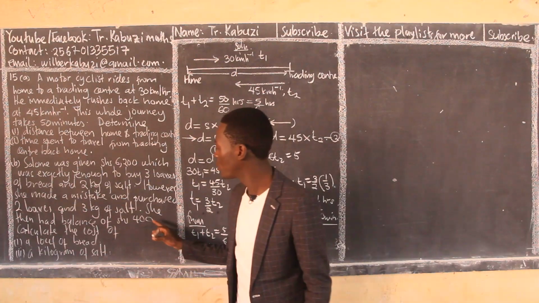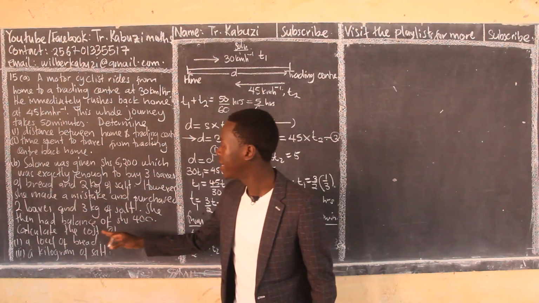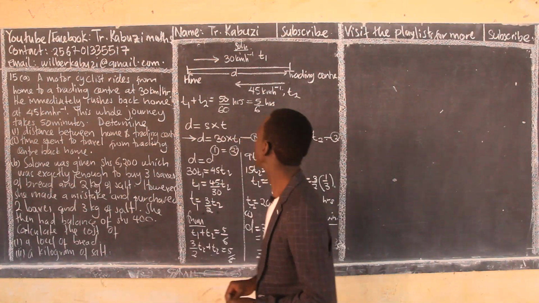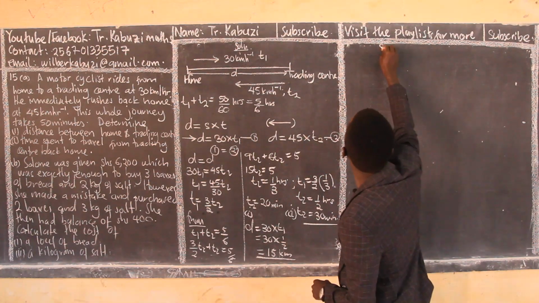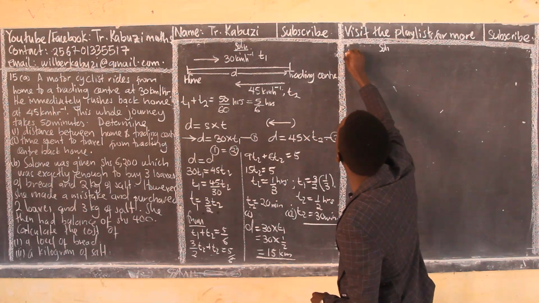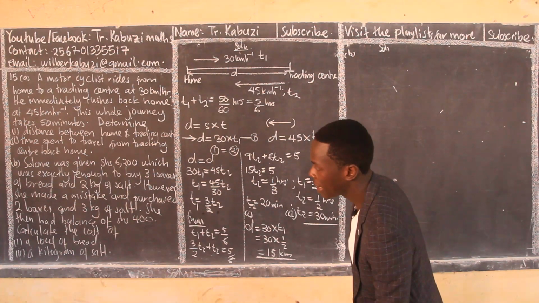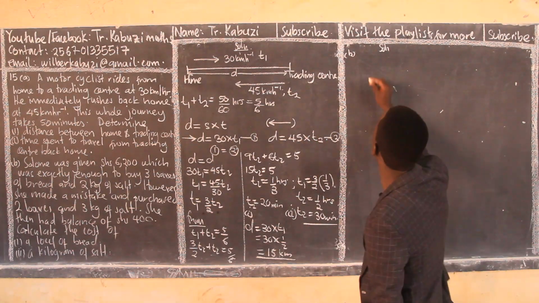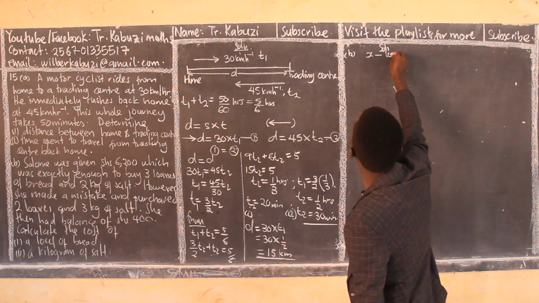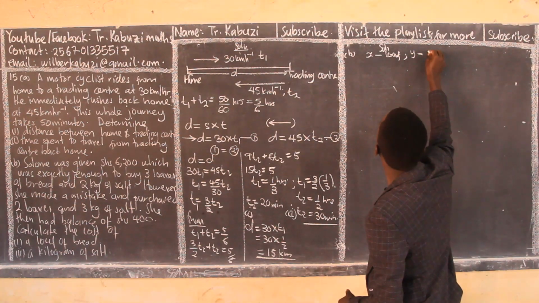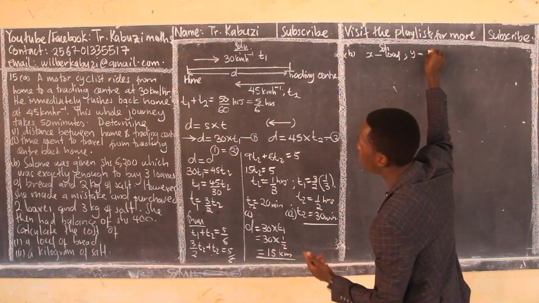Now the turning point was here: she then had a balance of 400. In my solution for part B, they want me to calculate the cost of a loaf, then a kilogram of salt. So let me say, let X be the cost of the loaf, then Y be the cost of